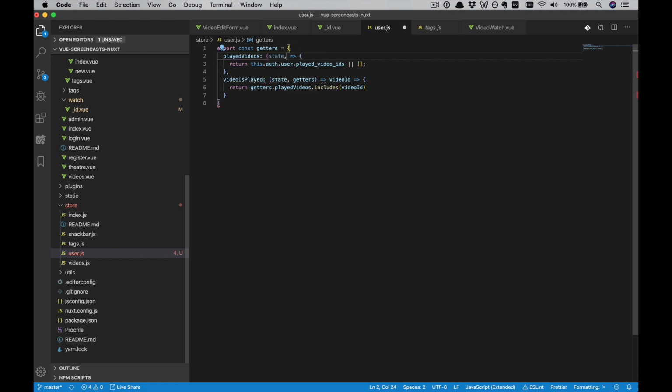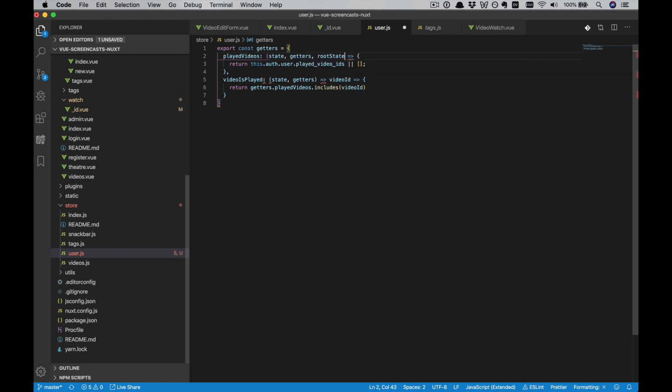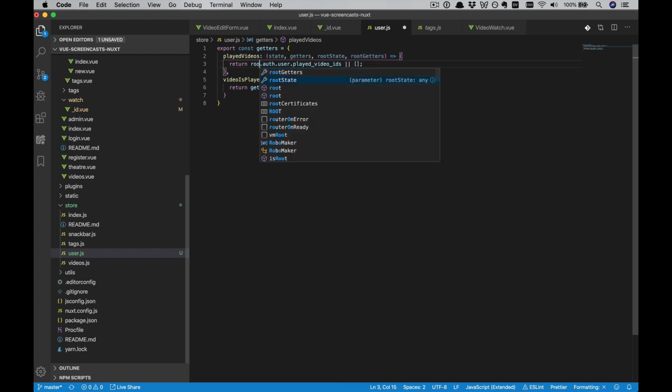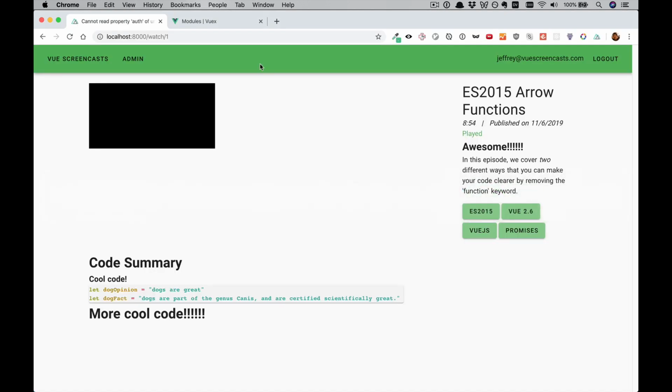The second solution would be to use our root state. So when you're in a module, in addition to state and getters, you can get rootState and rootGetters. And so here, we'll just call it rootState.auth. And then we can see that,